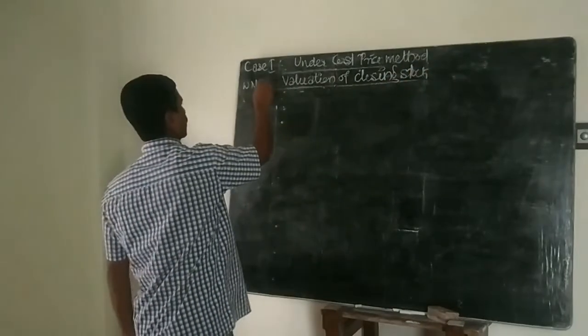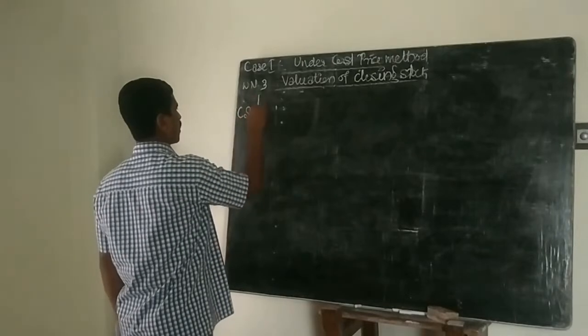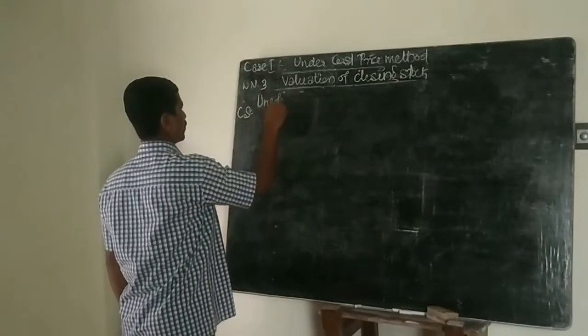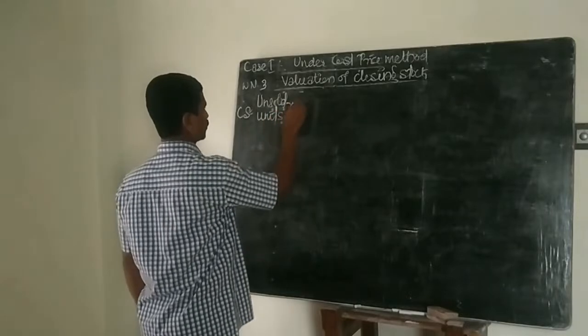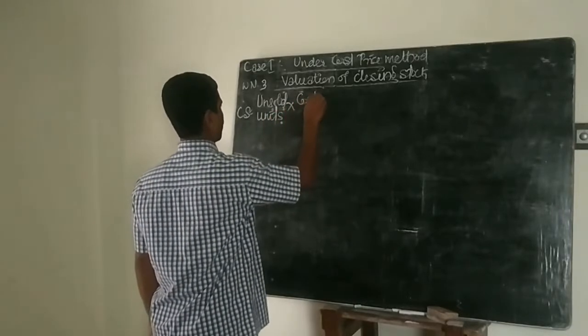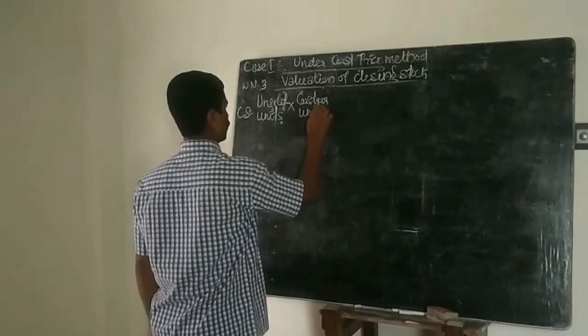This is working note number 3. Consignment stock equals unsold units into cost per unit